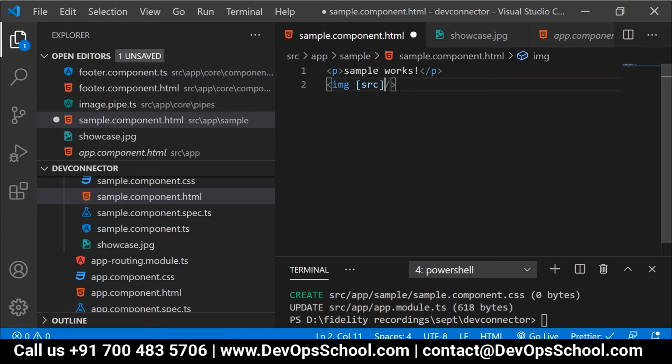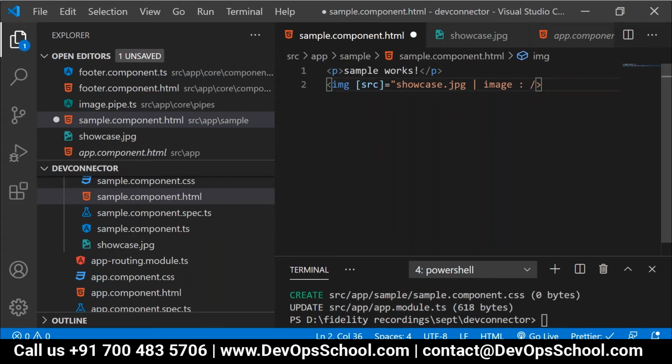src. Here I will mention showcase.jpg pipe image colon colon. Now, people, do we need to provide some default location or not?